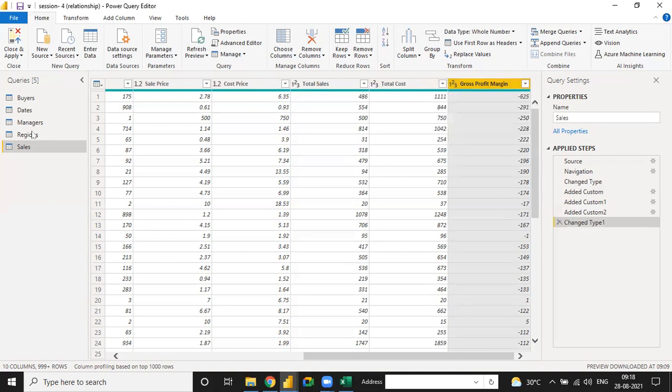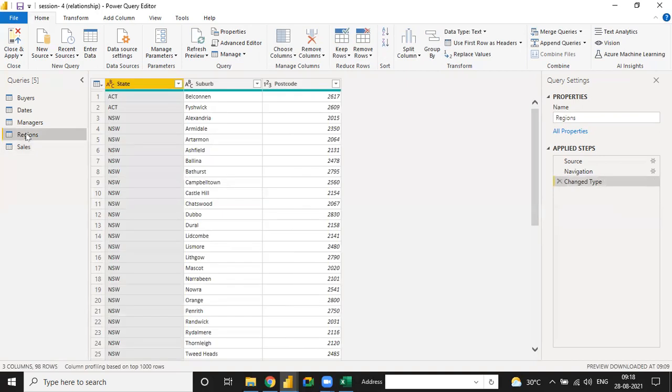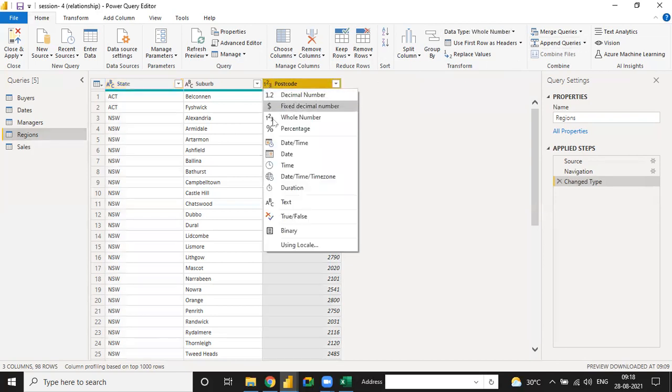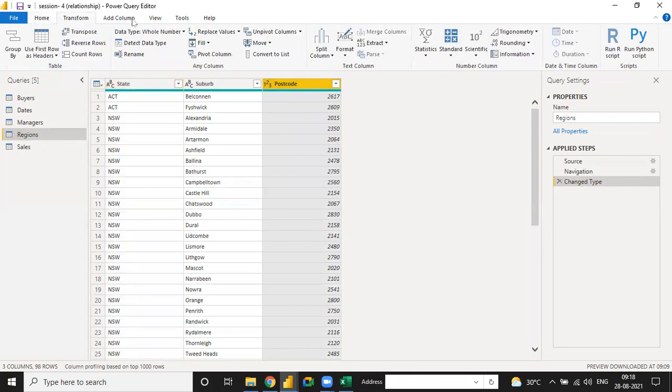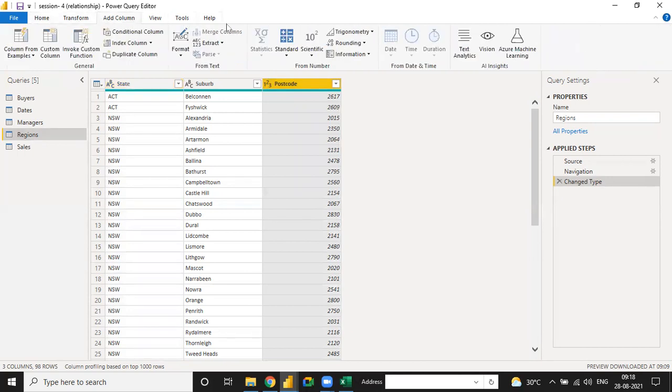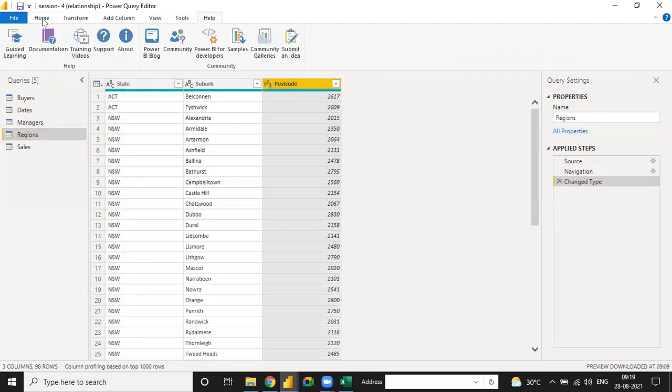Okay, so now we have one more thing related to the region table. See, postal code. So postal code we have as a postal date. Okay, so we have to change the postal code to a number. So now we have to go to here, and here is one more option related to, let me do it. Where is the option? Just a minute.